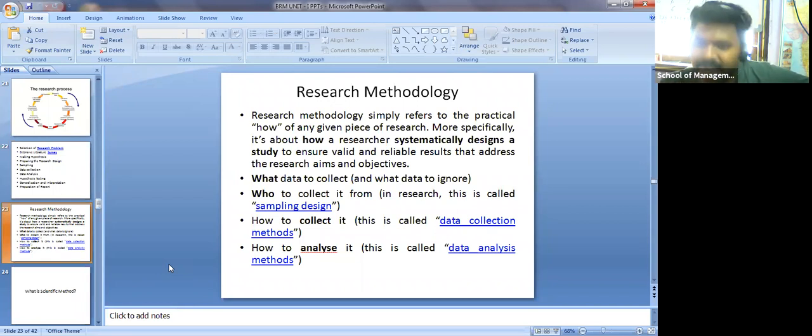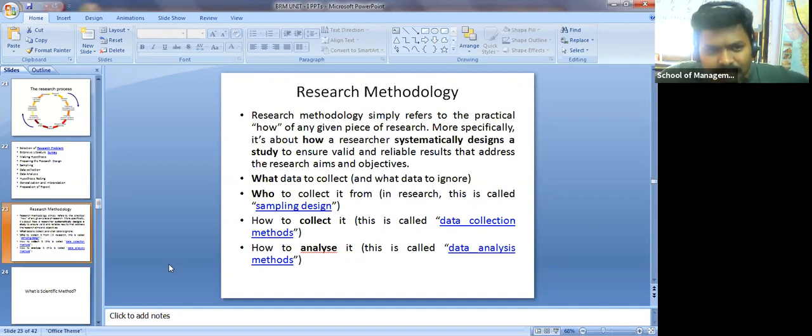And how to collect it, this is called the data collection method. Then, as I said to you, in the third unit I think you have primary data and secondary data. So to collect the data you have to depend upon either primary data or secondary data, or a primary tool or a secondary tool. What is primary? The best example is a questionnaire. Obviously, if you're a marketing guy or a finance guy depending upon primary data, then you need to collect data through either a questionnaire or a Google form. Right now, everyone is preparing a Google form because it's easy.